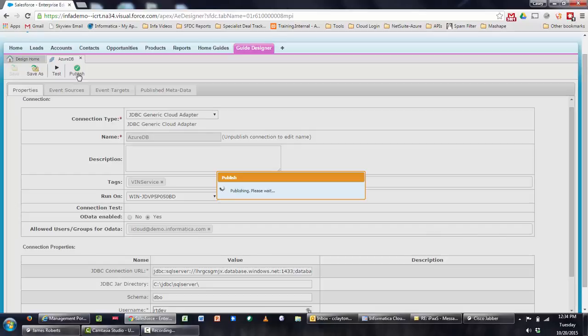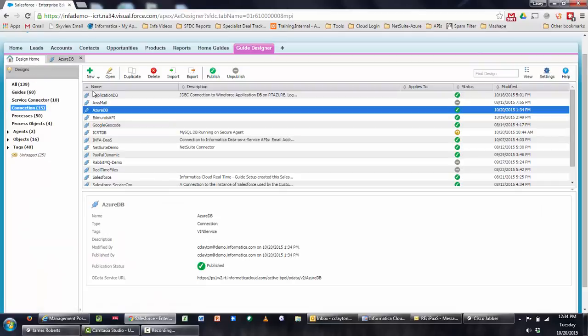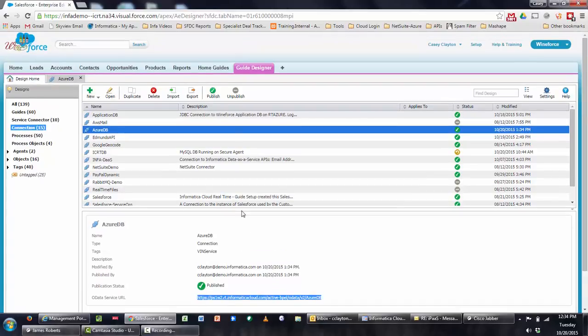And then what it'll do is it will provide us with an OData service URL, as it's called, or basically an endpoint that we're going to copy, and we're going to take it over to Salesforce, and we're going to paste it in at that point. So our connection's been published. We'll come back to the Design Home tab, and we'll look at our Azure database. We've highlighted it here, and now you can see that we have this OData service URL. So we're going to go ahead and grab this OData service URL,